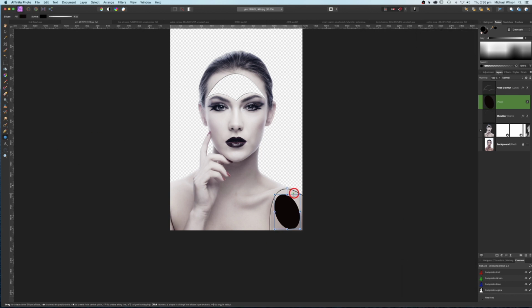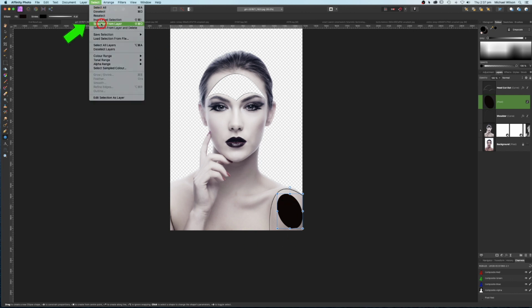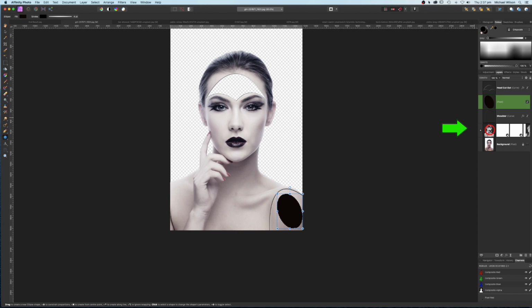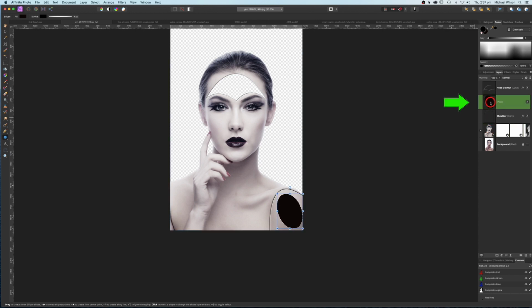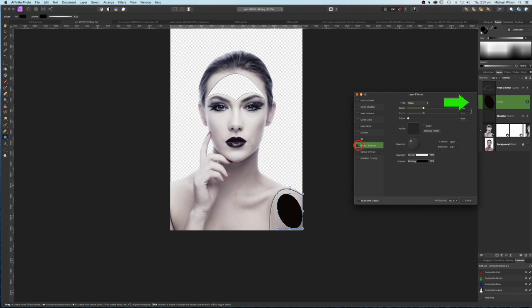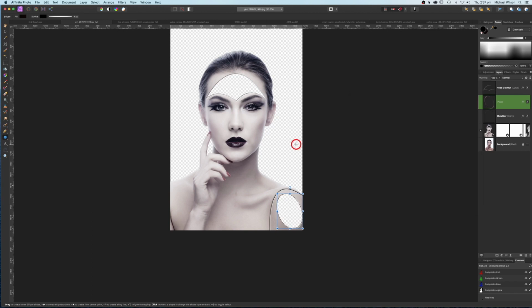Hit apply, and then just move that over a little bit. Okay, on this oval shape, let's come up to select, selection from layer again, down to our model layer, click on delete on the keyboard, back to our pixel layer, add a layer effect, click on bevel and emboss again, and again down here to our fill opacity, let's drag that all the way down to 0. Let's get rid of our marching ants, escape or Command D, and there we go,